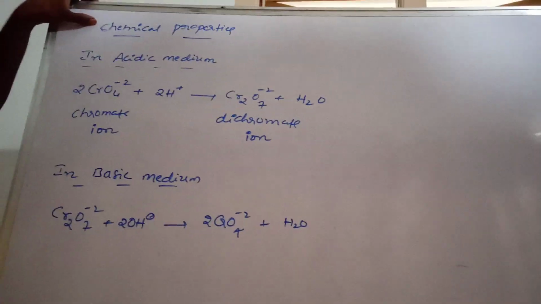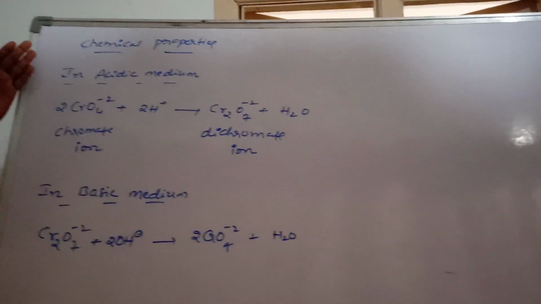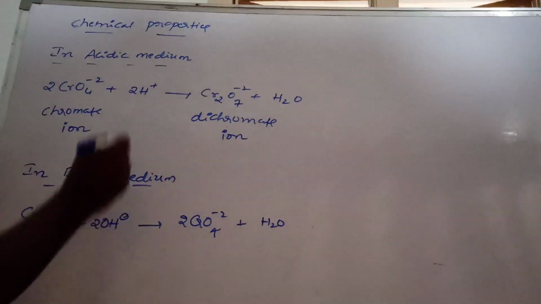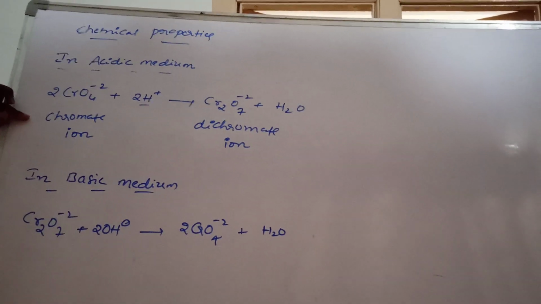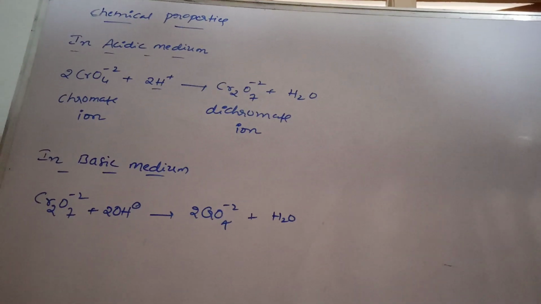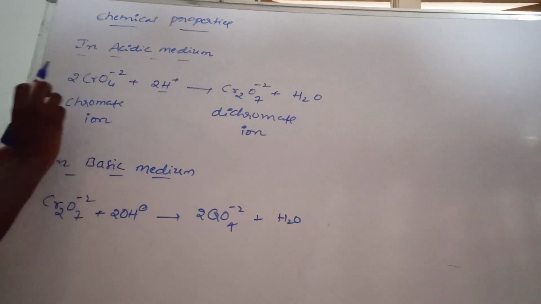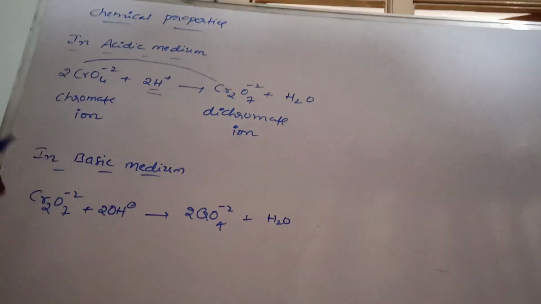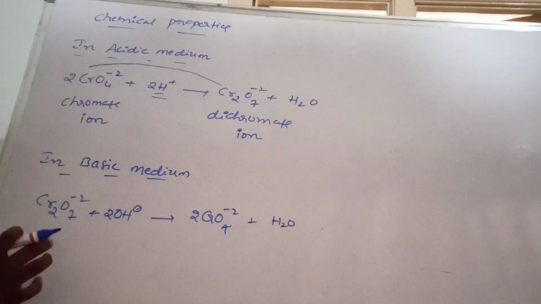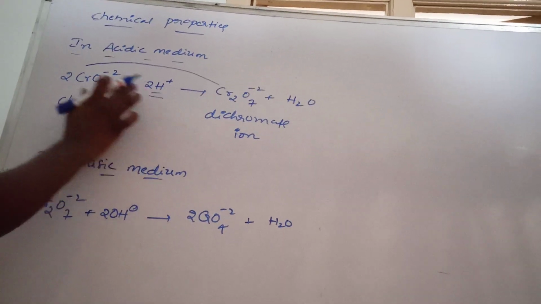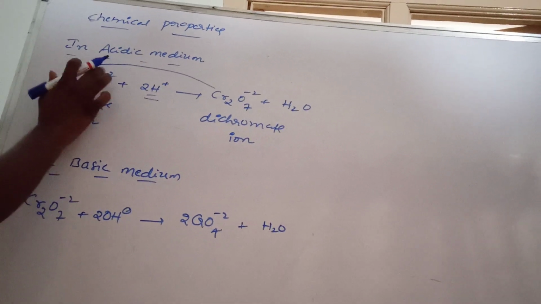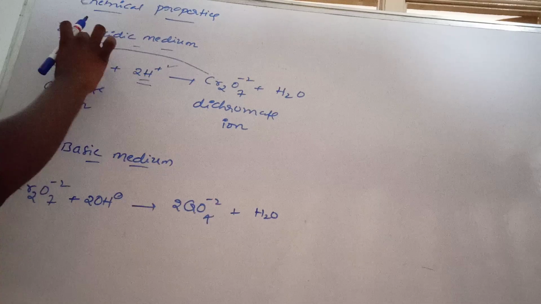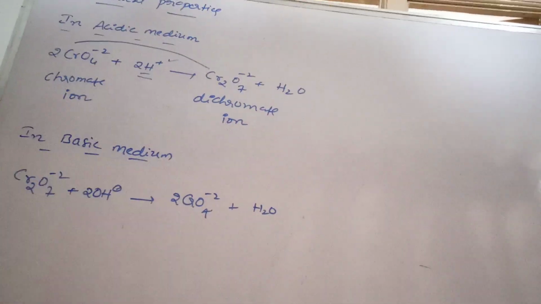Chemical properties, you have to listen carefully. Very rarely they ask these kinds of questions. In acidic medium, meaning H plus, chromate ion, CrO4 power -2, no doubt about it, in acidic medium chromate ion is converted to dichromate ion. You have to fix it, Cr2O7 power -2 will be right. In acidic medium they will compulsorily give CrO4 power -2. See this one, this is very important. 2 moles of H plus, after that Cr2O7 power -2, you have to write it.